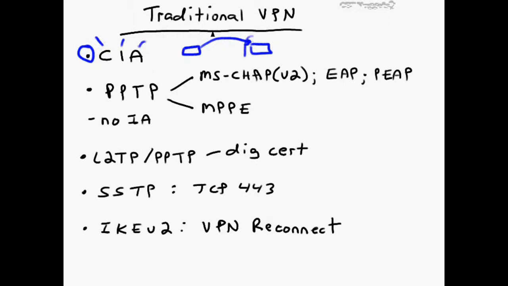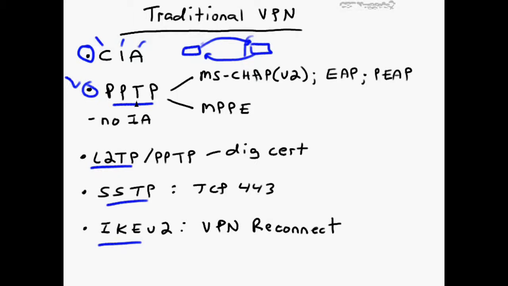And A refers to authentication. This is one-way or two-way authentication. One way, where the client challenges the server, are you who you say you are? Two-way being the server also challenges the client with the same question. Now, of these remote access, and in particular VPN tunnels, PPTP, L2TP, SSTP, and IKE v2, only PPTP, the point-to-point